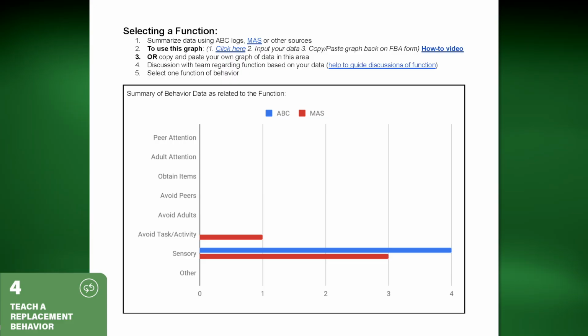So in our example, the student was eloping, so the function of the behavior was to escape or avoid work. He would walk in the hallways and get to just be escaping that assignment during math class. So we want to think of strategies that would still give him that same function of being able to escape the work, but that's more socially appropriate. So what's a more appropriate way to escape work rather than leaving the classroom without permission? And that's where you and your team can get creative and brainstorm some ideas.